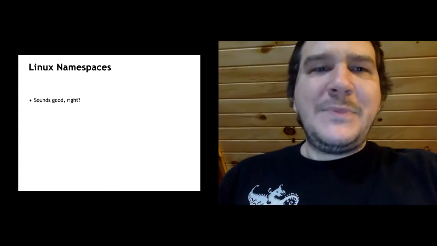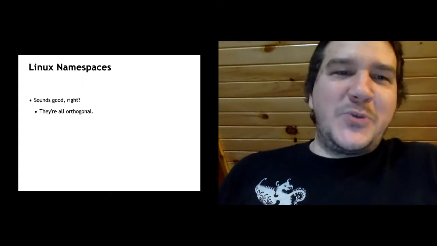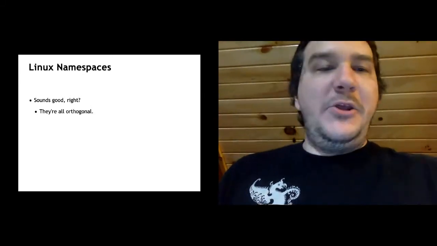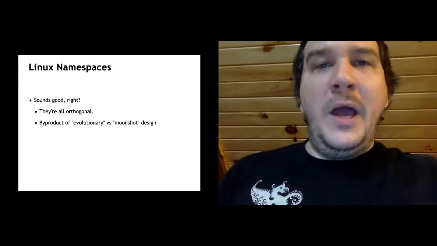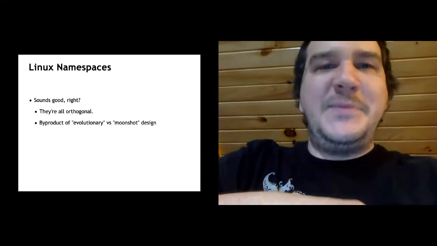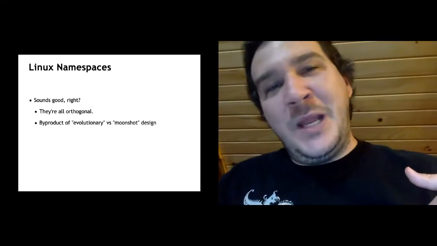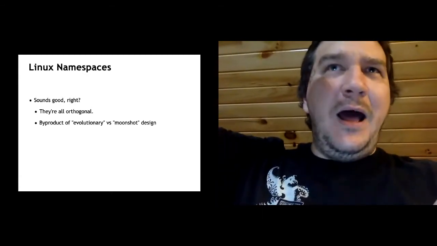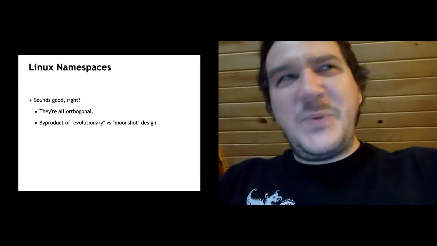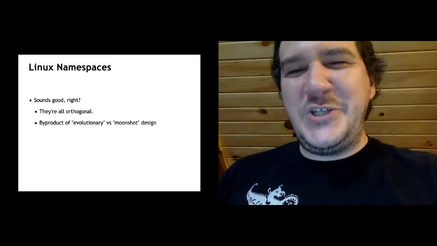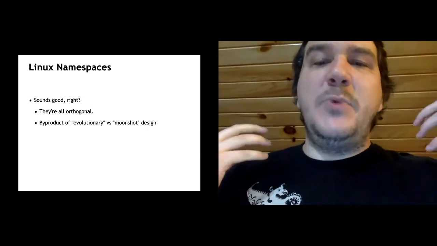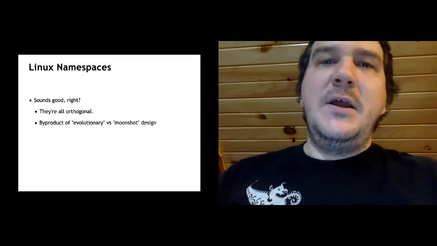So that all sounds good. What in the world's wrong with that? None of those have anything to do with each other. So you can become a part of one namespace without necessarily becoming a part of all namespaces. They're nestable, so you can have like a mount namespace within a network namespace, and some people say that's a feature. I think this is a byproduct of the way that Linux tried to evolve this,